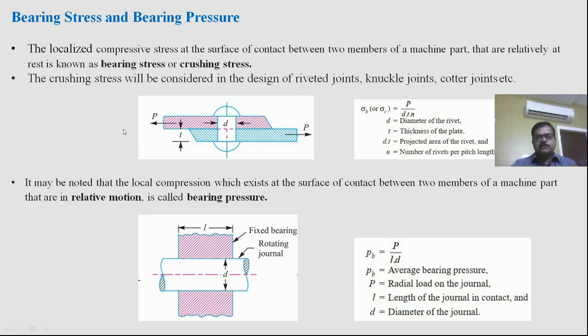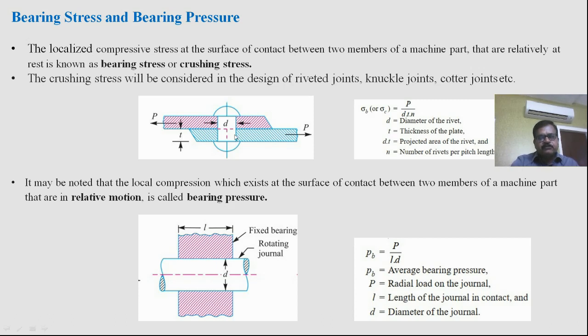The other types of stresses are bearing stress or bearing pressure. When we take the same example of the lap joint, the two plates, the upper one pink and the lower one blue, are connected with a rivet here. The applied forces, let us imagine, are not able to shear the rivet, but what is going to happen at the